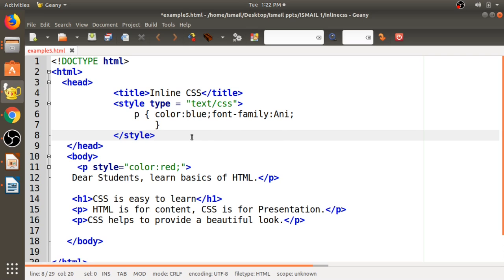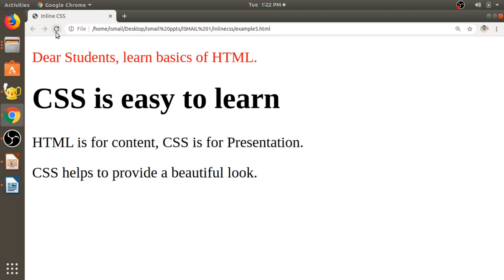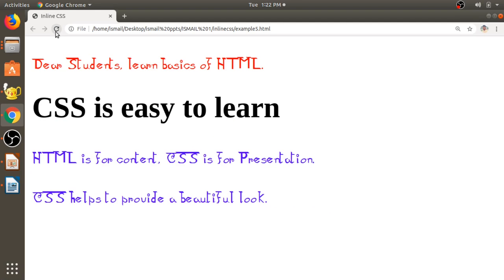Now when we execute this code, let us see what happened. Save this file and open with web browser. Observe here, font family is set to any, but we have inline CSS for this first paragraph element where we implement color to red.